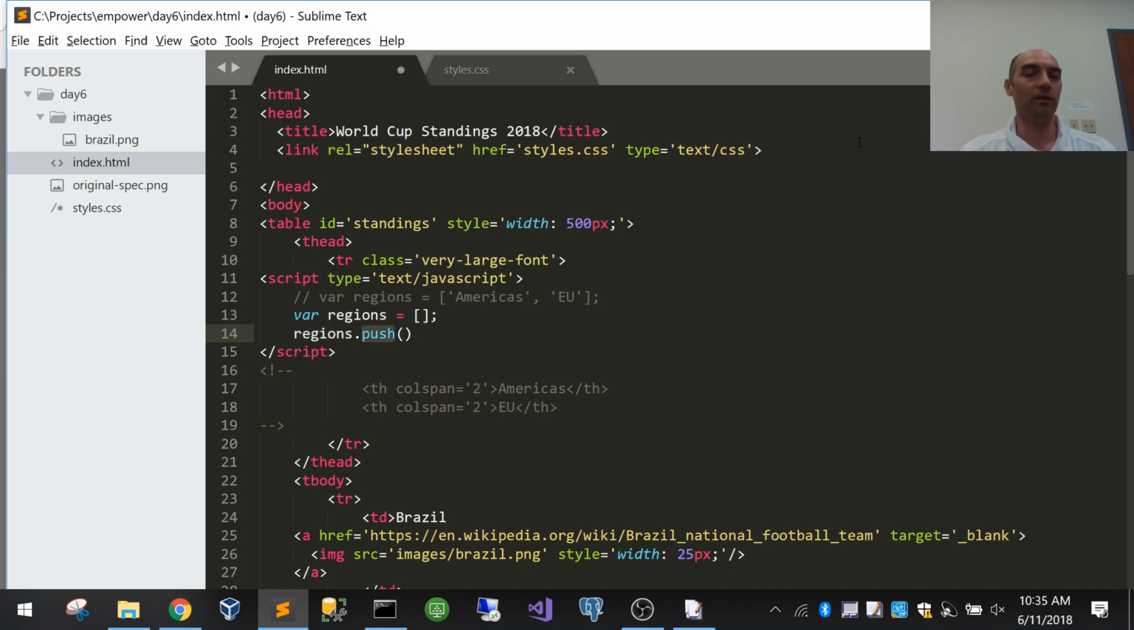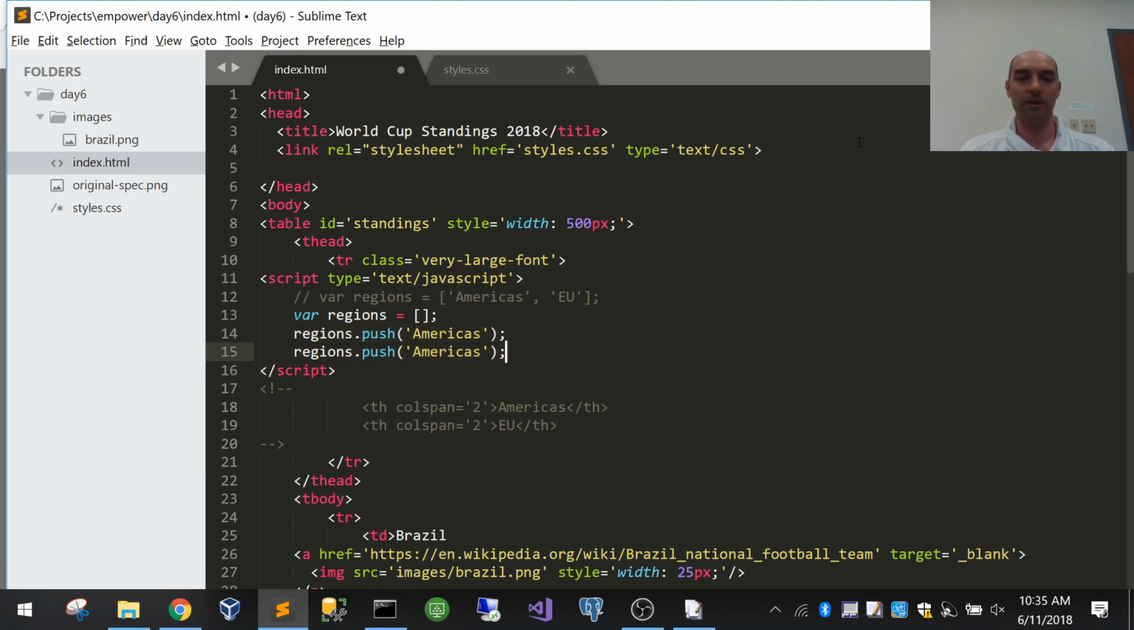So push is a function that somebody else wrote for us and we can use. How does it work? It takes one parameter. It says, what do you want to add to your array? So you're pushing it into the array. So in this case, our first element, Americas. And we're going to have 2 elements. So let's do it the slow way, EU. So I've created an array on line 13, and I've added an element to it, 14, another element on 15. Now, let's use a for loop to iterate through the array and write it to the screen dynamically,